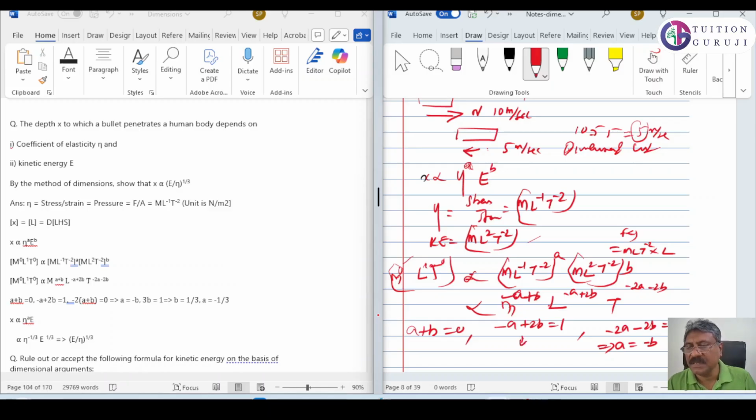If a is equal to minus b, here we are substituting for b. So minus of a is equal to minus of minus b, plus 2b is equal to 1. That means 3b is equal to 1, which implies b is equal to 1 by 3. If b is equal to 1 by 3, a is equal to minus 1 by 3, because b is equal to minus a. So a is equal to minus 1 by 3. So a and b we got. Therefore,